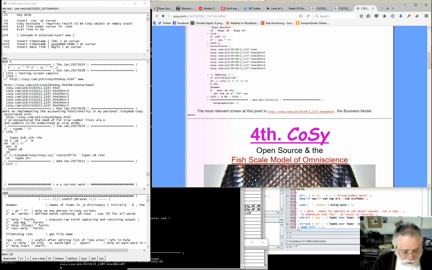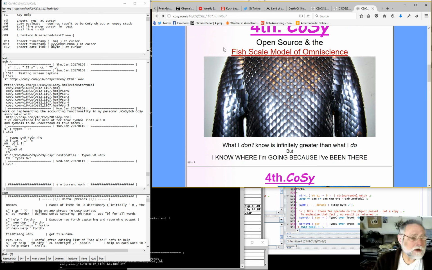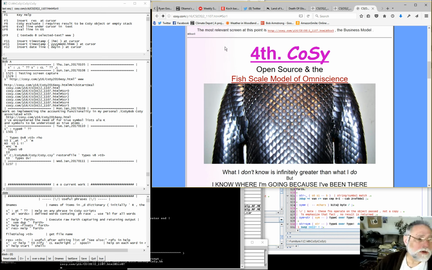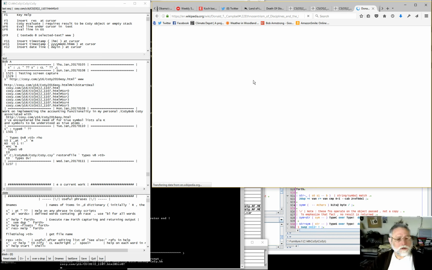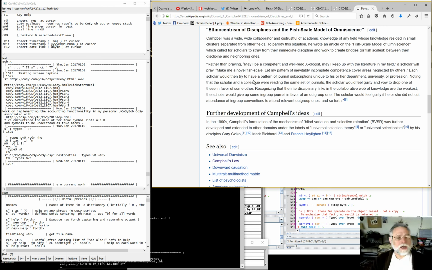In any case, let me go back to this overall first screen. Let's, as a matter of fact, review the very first overview of what Fourth Cozy is, of what Cozy is. The title of the talk that I gave was Fourth Cozy, open source, and the fish scale model of omniscience, which is actually the greatest professor that I ever had, and who gave me my first task